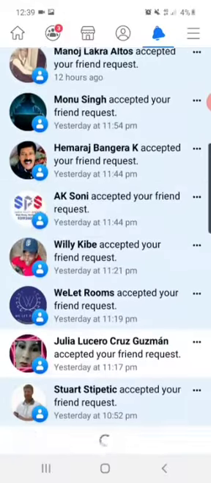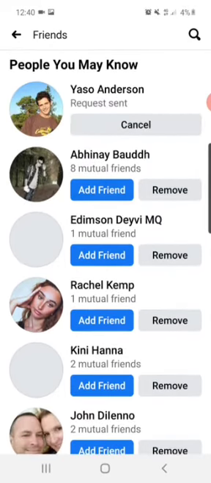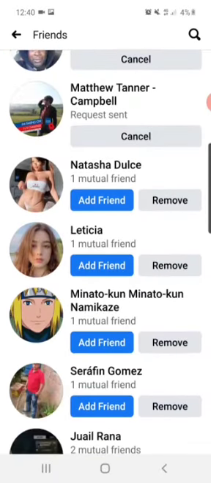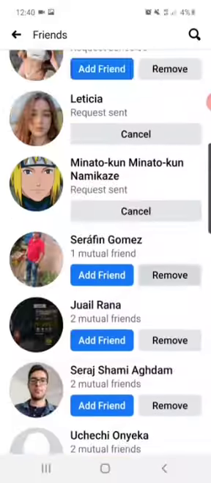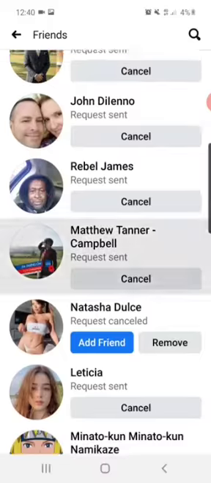I realize now I go over here, I go into my ad requests, and you can see that people are adding me. I never wave at anybody back. I just go and do my business. I make sure to go and add people. I max it out totally. And here, you can see that Facebook says that you have added this many people and you cannot add anymore, and whatever.